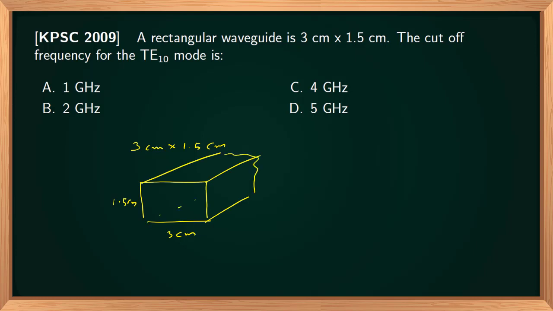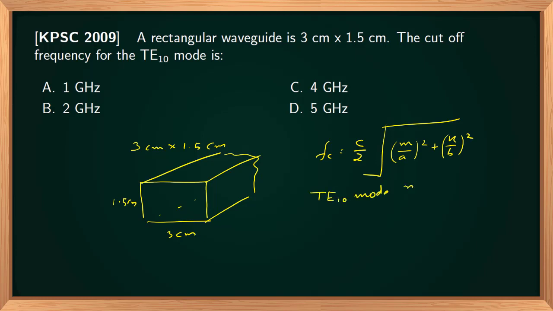We have to find the cutoff frequency for the TE10 mode. The expression for cutoff frequency is Fc equal to C by 2 into square root of (m by a) whole square plus (n by b) whole square. For TE10 mode, m equal to 1, n equal to 0, therefore Fc will be equal to C by 2